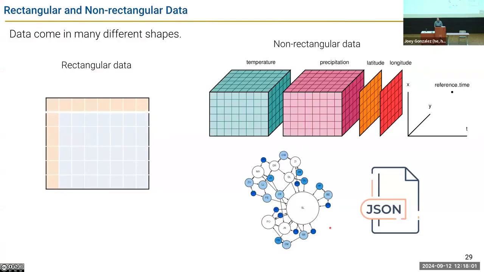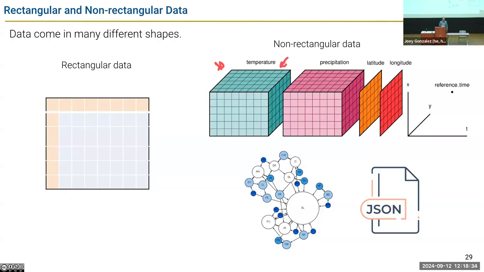All right, I want to talk briefly about non-rectangular data because you will encounter these in the real world. Maybe it's hard to imagine data that isn't in the form of a spreadsheet or a comma-separated values table or SQL database. But you will often work with data that is semi-rectangular, things like tensors, which have the position, latitude, longitude, and elevation, and then a temperature at each location. So it forms a volume, this cubic structure here.